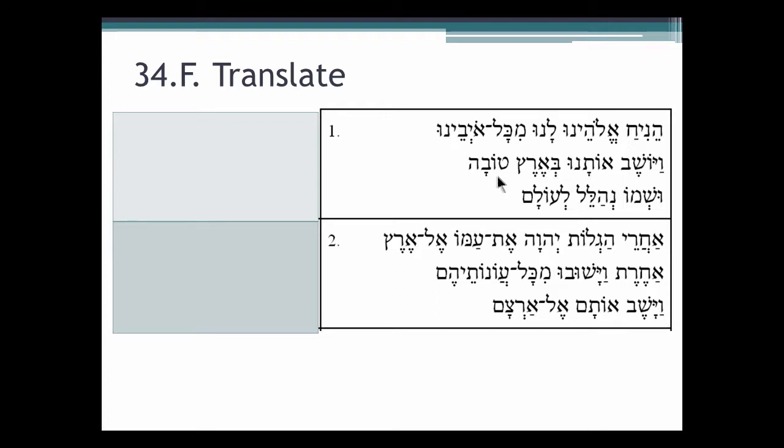Be'eretz tova, in a good land. It's a good land because we have an adjective here and a noun. There's no definite article in front of the adjective or associated with the noun under bet. This would be ba, again, if it was a definite article. So in a good land. He settled us in a good land,